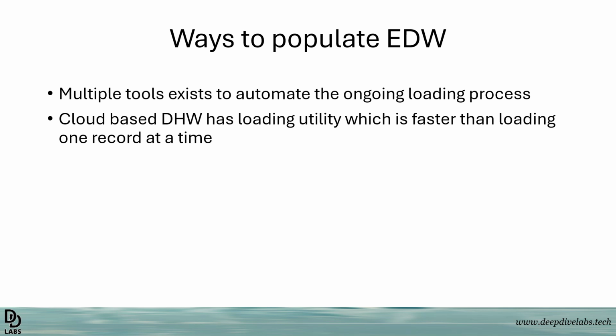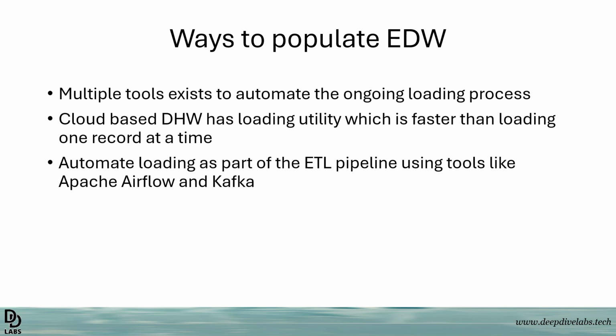So if you're using a fully cloud-based data warehouse system, you can use their loading utility to quickly load all your incremental rows. We can also automate the loading as part of your extract, transform pipeline using tools like Apache Airflow and Kafka. This is what we will do later in the course, right? How do we actually automate this loading process? Build our own ETL tools if it comes to it, right? That is where we will deep dive into how Apache Airflow works, and then Kafka for streaming